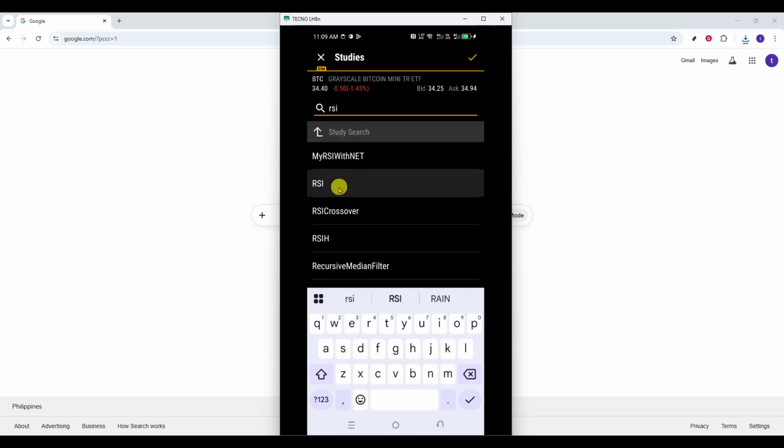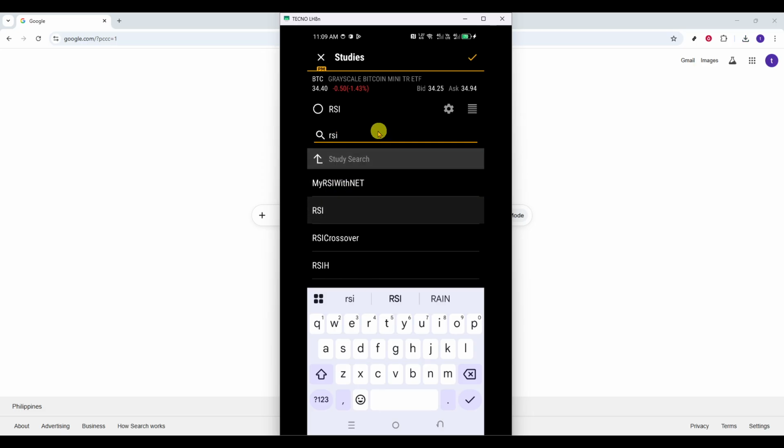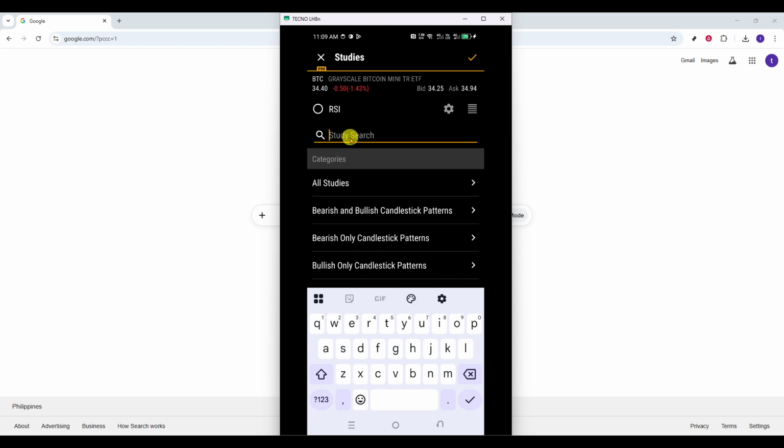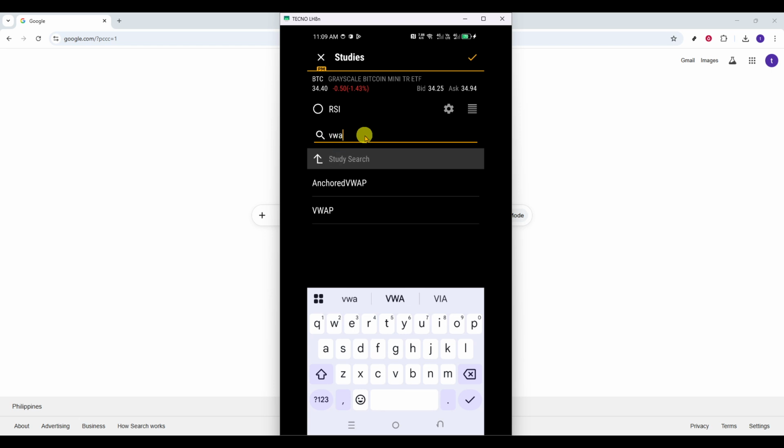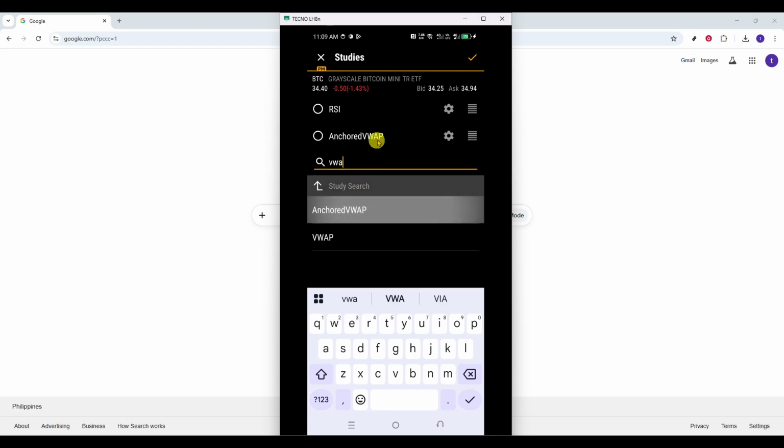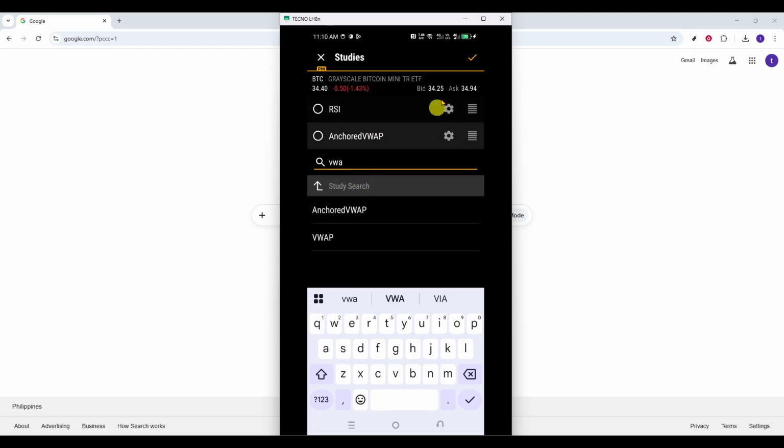When you select a study, its settings panel allows you to fine-tune inputs such as length, source, and style. Small tweaks like changing a moving average length or color can improve contrast and readability against your chart's background. When you're satisfied with your selection, tap the check mark at the top to add the study to your